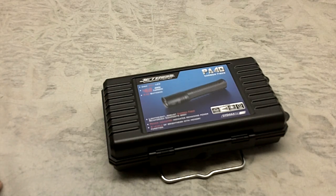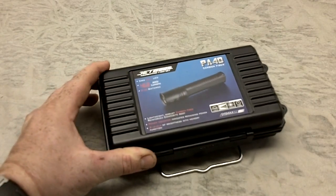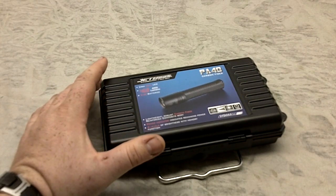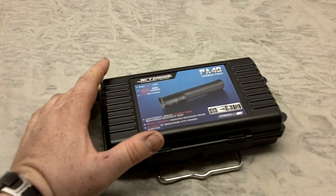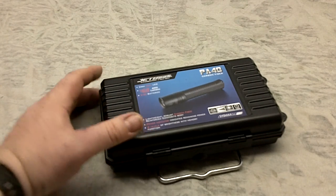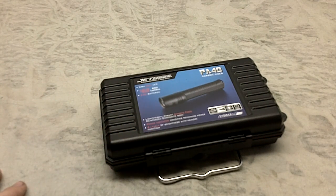Essentially, for wildland use, what I wanted to look for was smoldering things in treetops, locating spot fires on night patrol, and things that gave me a little bit more distance, so I could have a handheld that would augment a headlamp. And I looked at a couple of the lights. You guys have seen my Phoenix TK40. That was one of my options for AA power. It holds 8 AA's, but it's light enough if you can run it off of just 4, that lightens up that light quite a bit, but it was still a little bit bigger than I really needed to carry in my fire pack. And then I found the JetBeam here,